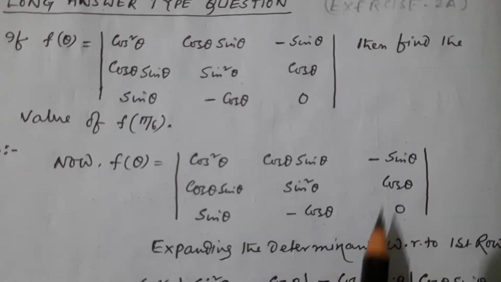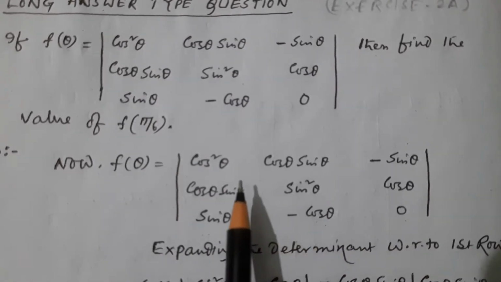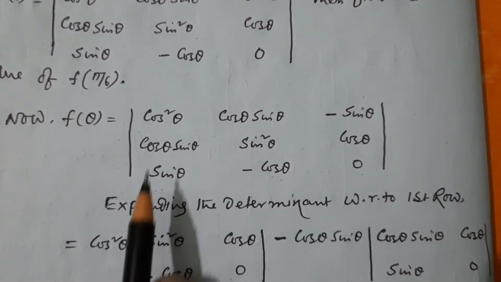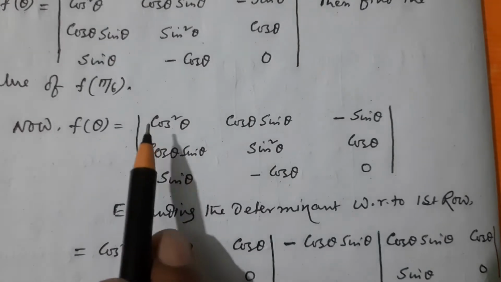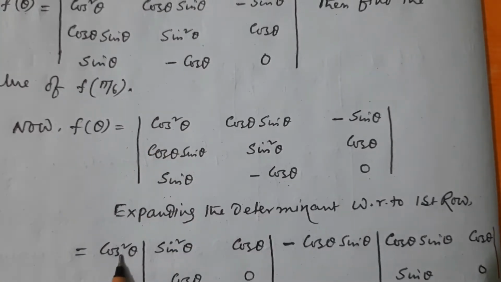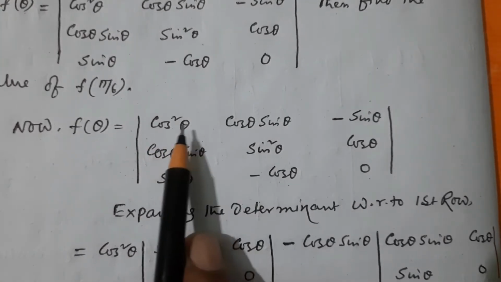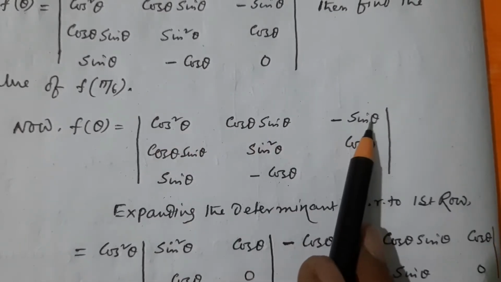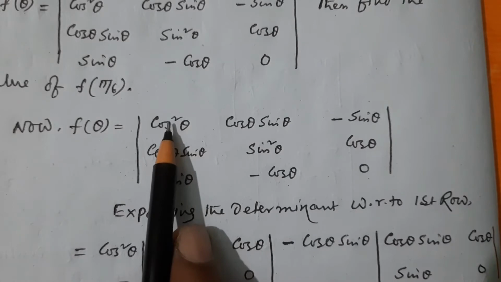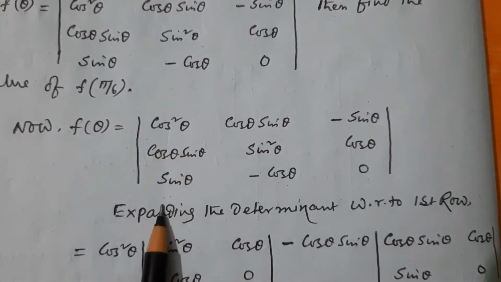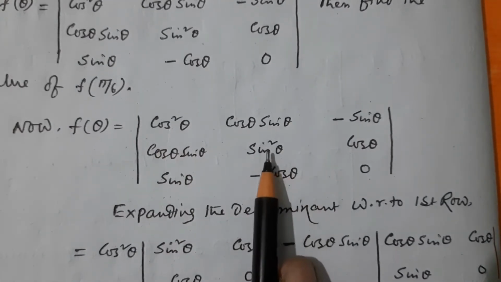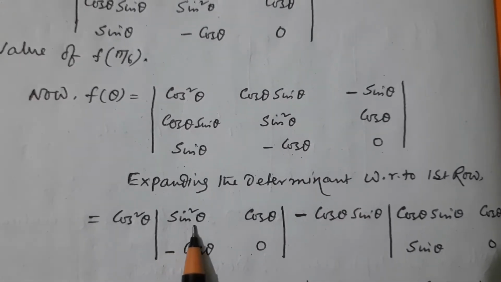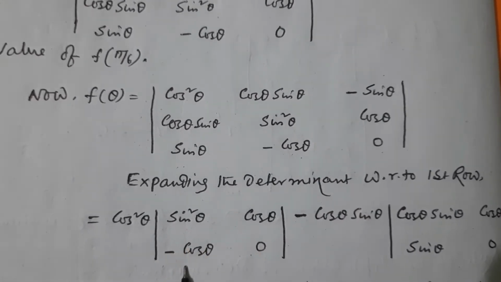So expanding this determinant with respect to the first row, that is equal to cos square theta, and if we delete all the elements through cos square theta along the row and along the vertical, then we get a 2 cross 2 determinant, that is sin square theta, cos theta, minus cos theta, 0,